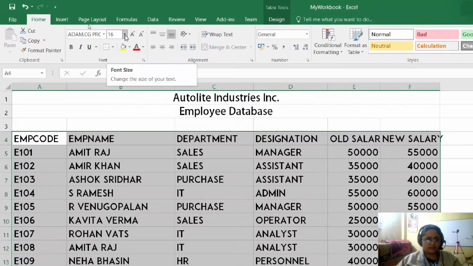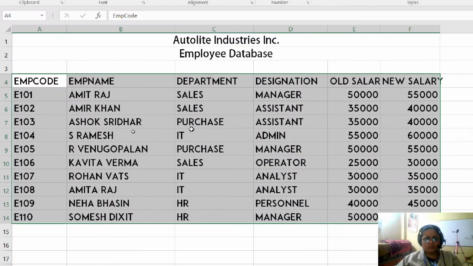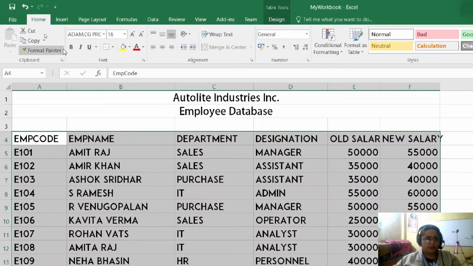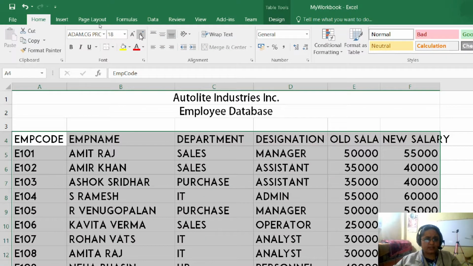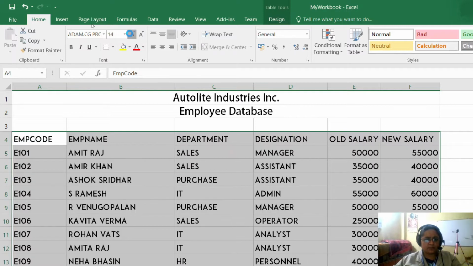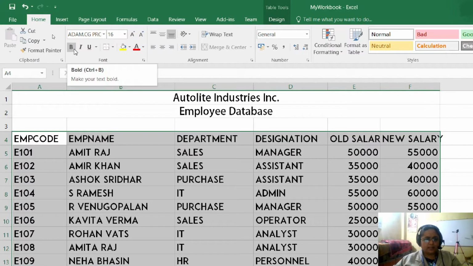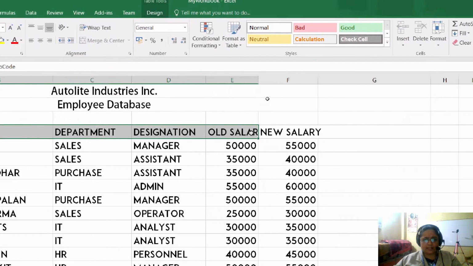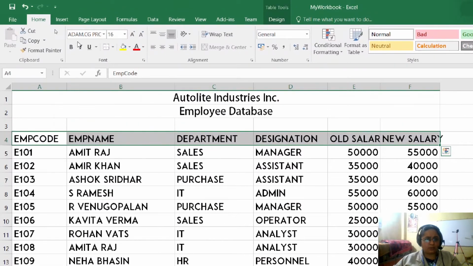The font size should be kept according to the minimum permissible view, that is the view in which your table would be clearly visible to people. Then you can increase font size, you can decrease font size from here, and you can make them bold, italic or underline. Normally we should set the header row to be bold.